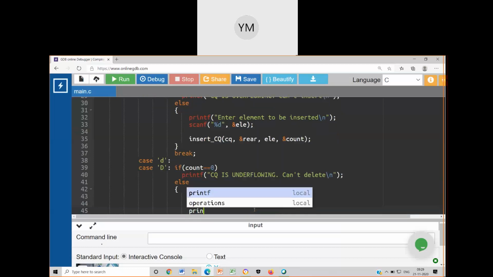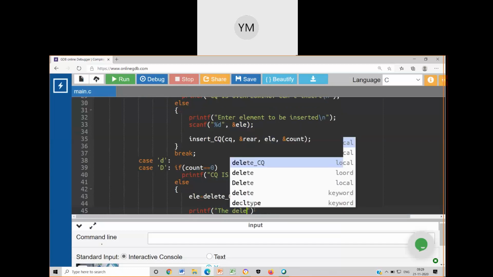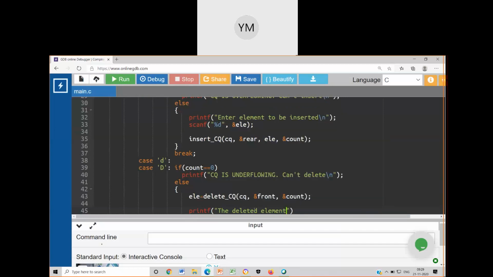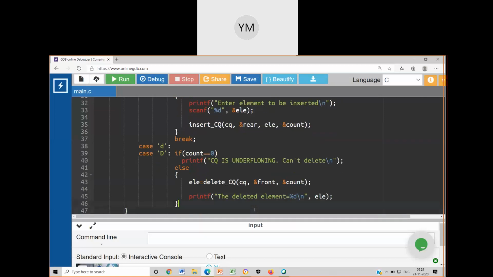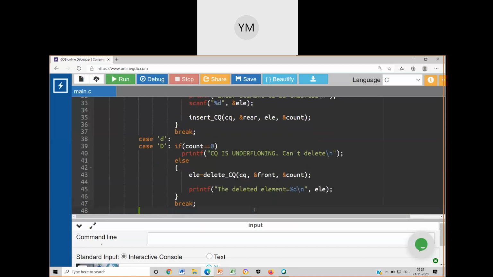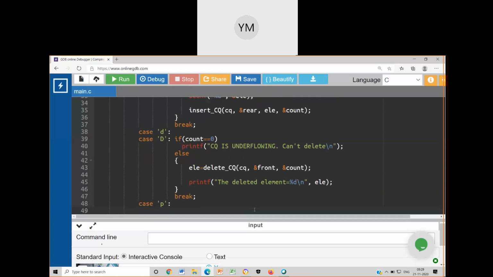Printf the deleted element equal to %d backslash n comma ELE. Then after this else, let me write break. Then I have case small p colon, case capital P colon.